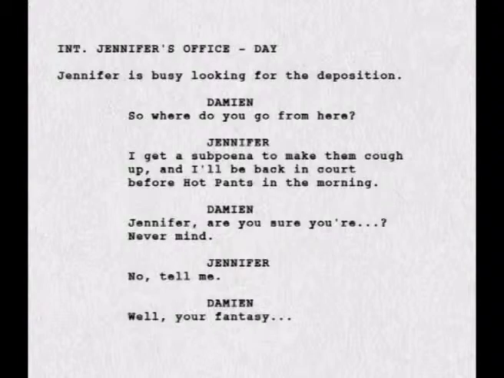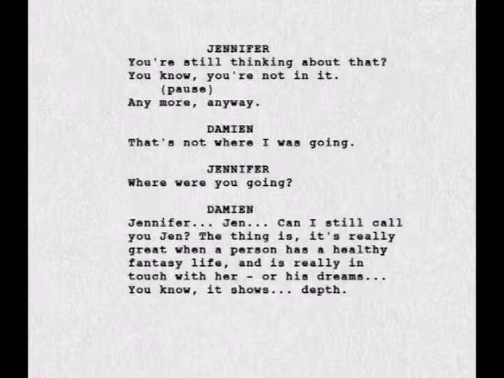Jennifer is busy looking for the deposition. So, where do you go from here? I get a subpoena to make them cough up, and I'll be back in court before hot pants in the morning. Jennifer, are you sure you're... Never mind. No, tell me. Well, your fantasy. You're still thinking about that. You know, you're not in it. Anymore, anyway. That's not where I was going. Where were you going? Jennifer. Jen. Can I still call you Jen? The thing is, it's really great when a person has a healthy fantasy life and is really in touch with her or his dreams.